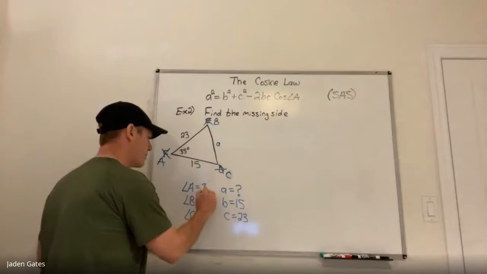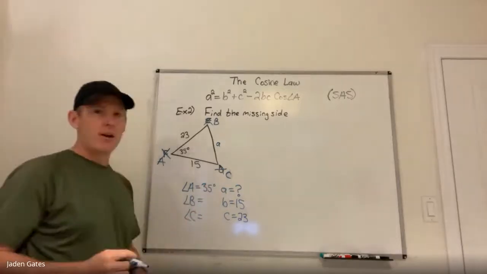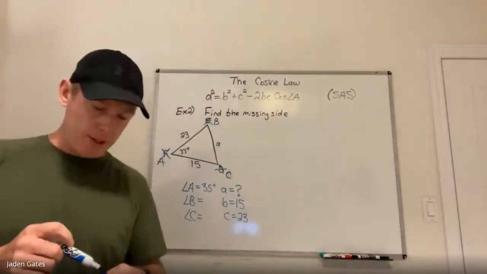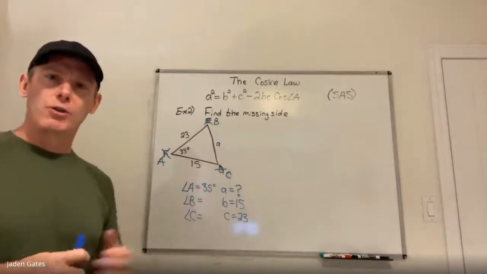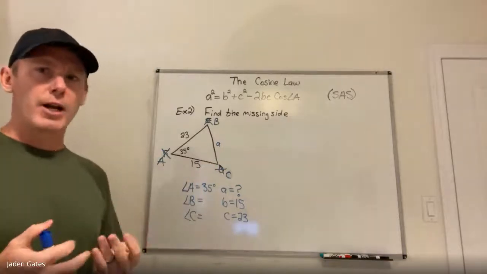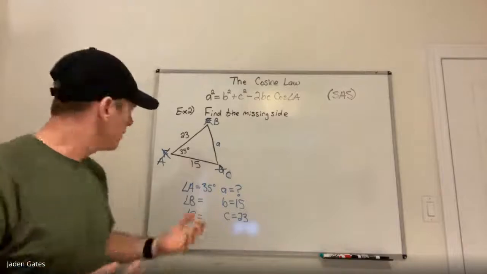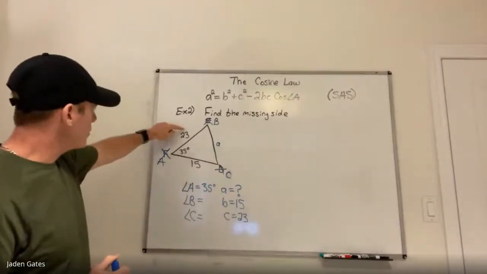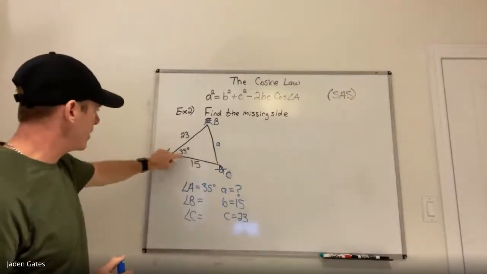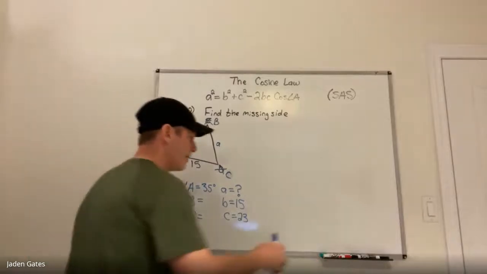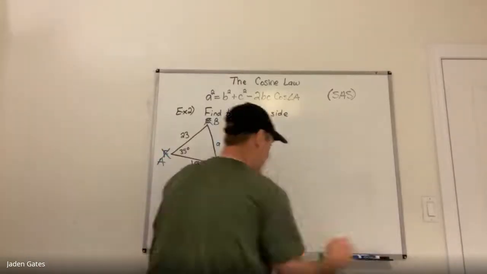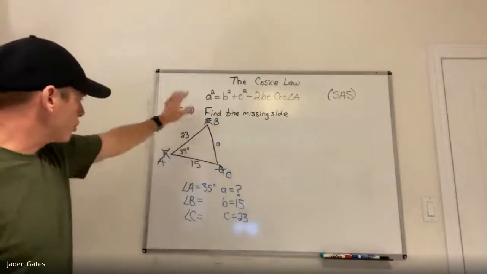35 degrees. And again, on a test or quiz, or well, I guess a test for us, when you look at the question, you're like, well, it's a non-right angle triangle. Do I use the sine law or the cosine law? Again, this is that one situation. Side, then the angle, then the side. All right? So we are going to use the cosine law, but again, just showed you a trick of relabeling